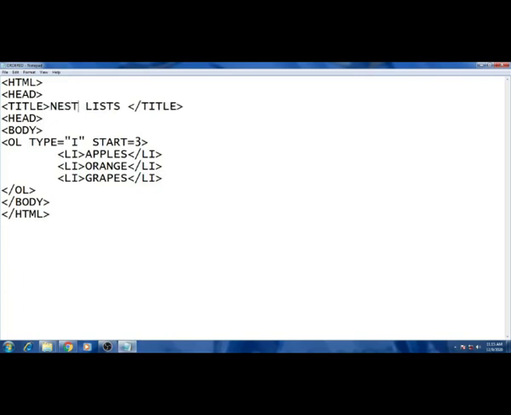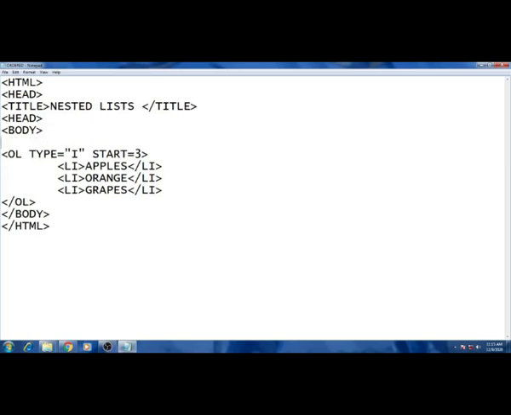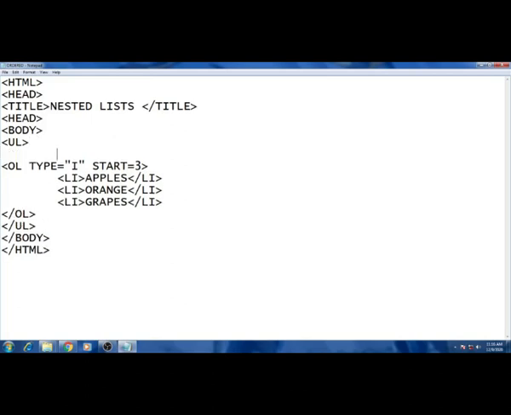Next we studied the nested list, isn't it? So that one also I will show you. For that, inside this, if you want to specify a UL or OL, you can give it, and finally you have to close it. Okay, in between, if you want to give a list item, specify the list item fruits.